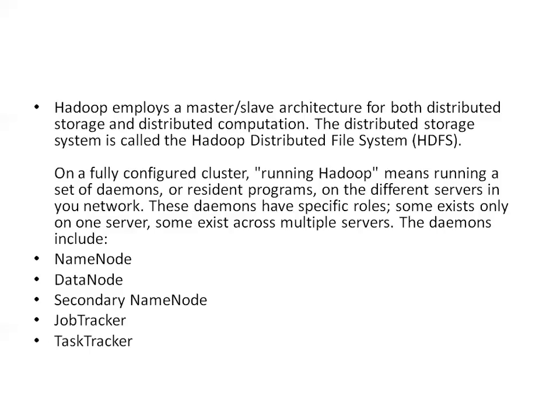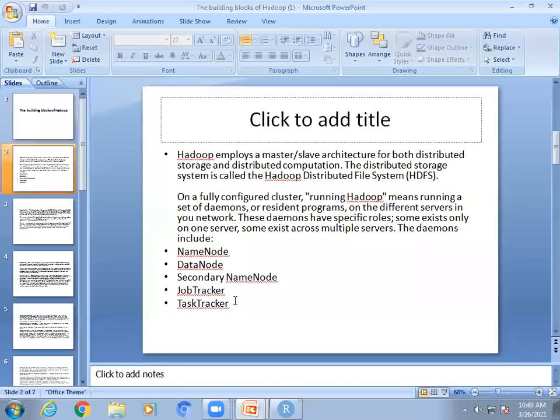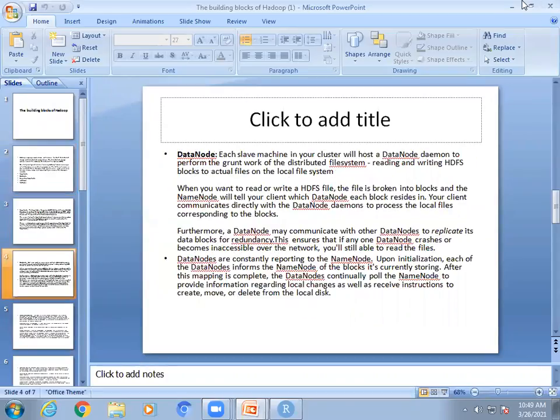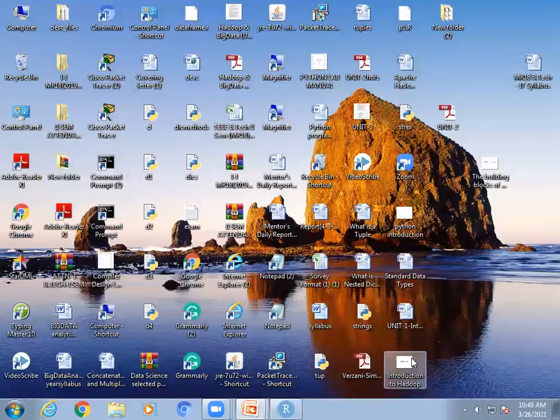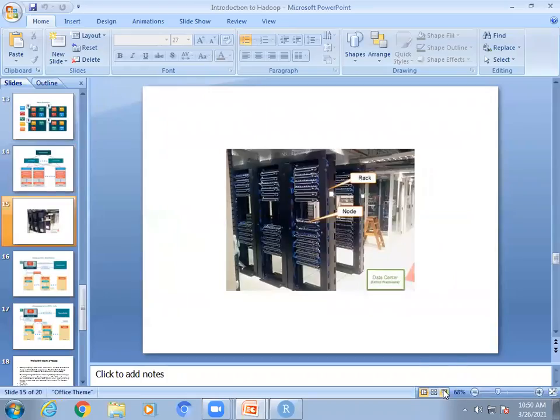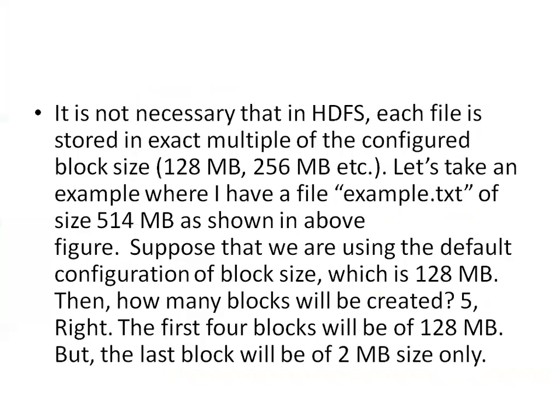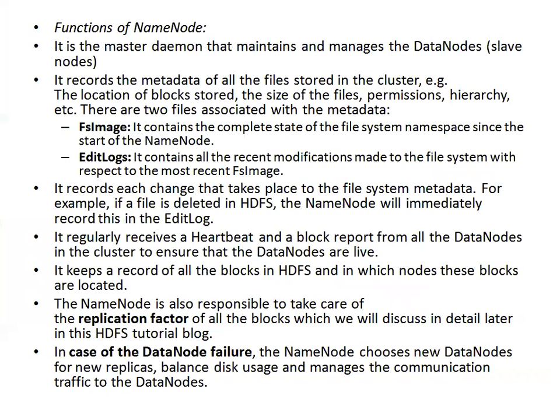Hadoop distributed file system is a distributed file system where your data is stored in multiple servers. Again, the same commodity servers only, inexpensive servers only. So let's understand that. These are the 5 components, daemons, which are running in the Java program: the name node, data node, secondary name node, job tracker, and task tracker. Let's see that with some diagrammatic representation. Secondary name node I didn't tell.